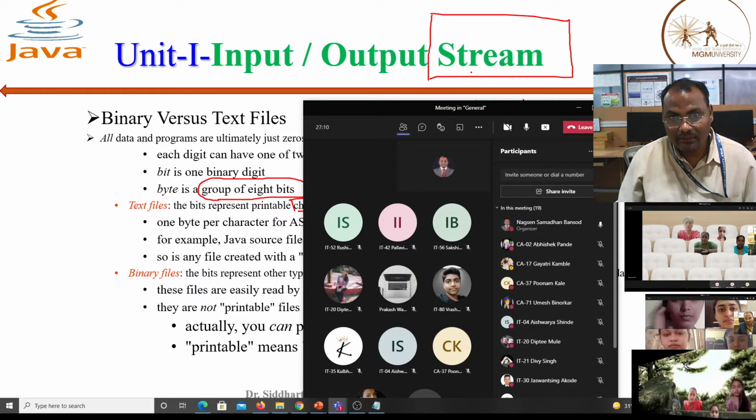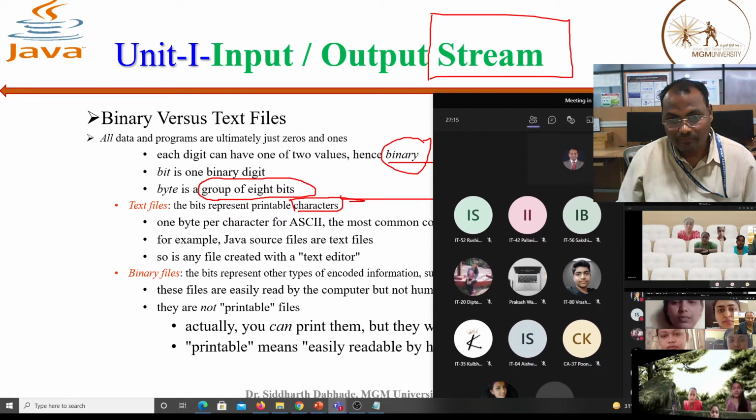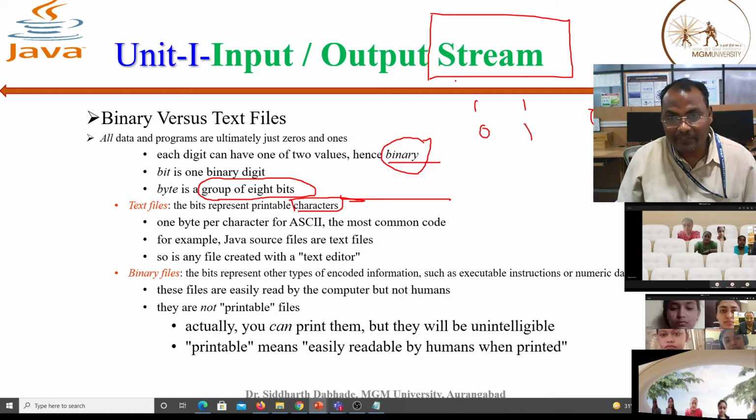Gayatri? Poonam? Aishwarya? Dipti? Divya? Yes, sir. How many bits are there in this string?